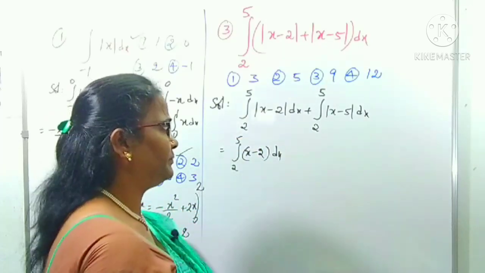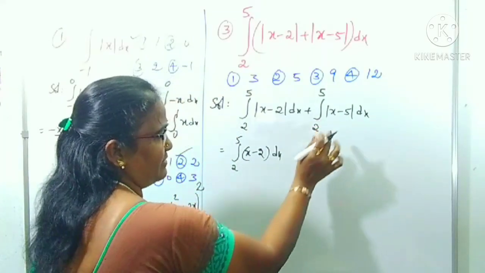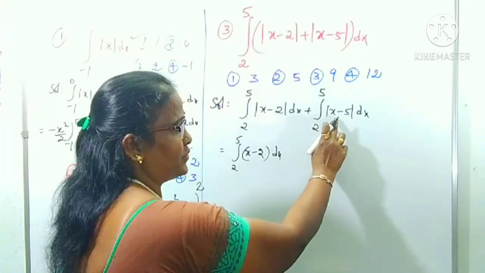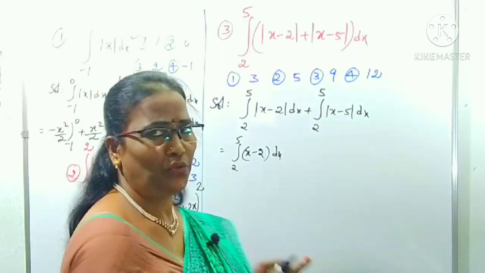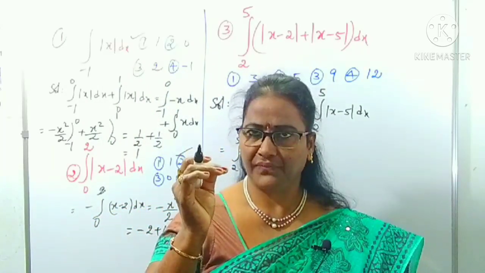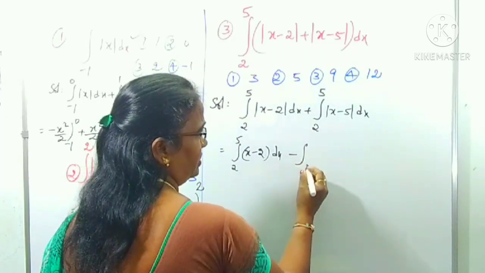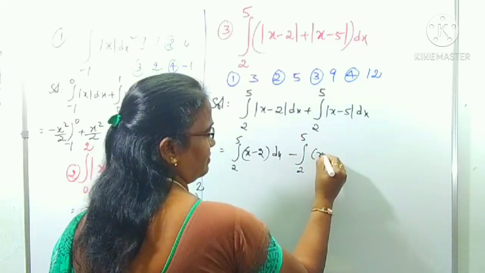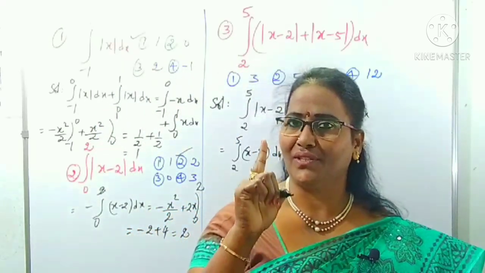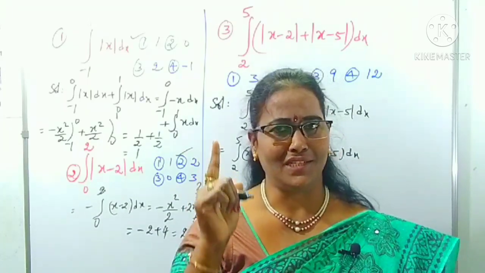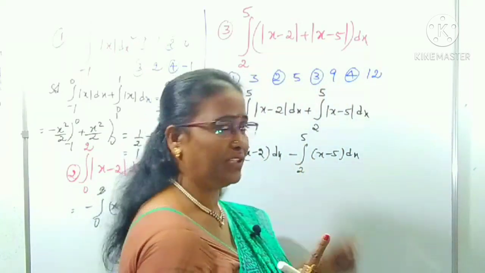Now come to the next bit. Mod of x minus 5, the next term. At what point do we have to concentrate here? At x equals 5. 5 is already there. What are the limits here? 2 to 5. Is 2 to 5 less than 5 or more than 5? Yes, exactly less than 5. In case of less than, we can take minus. Minus of the integral from 2 to 5 of x minus 5. Clear? Yes, just to separate the two functions. For one function you concentrate on 2, for the other function you concentrate on 5, because at those 2 points only the modulus of the real valued function is defined, right?